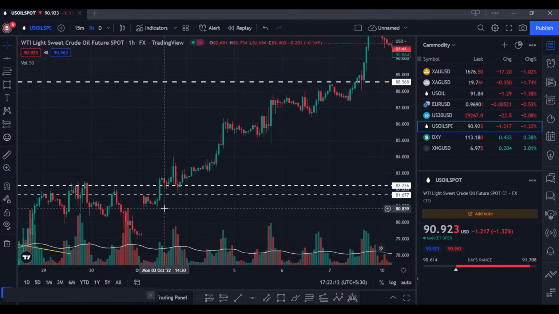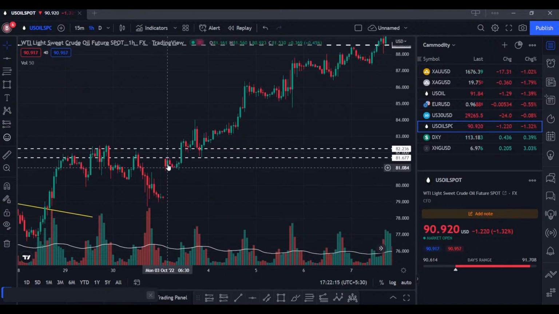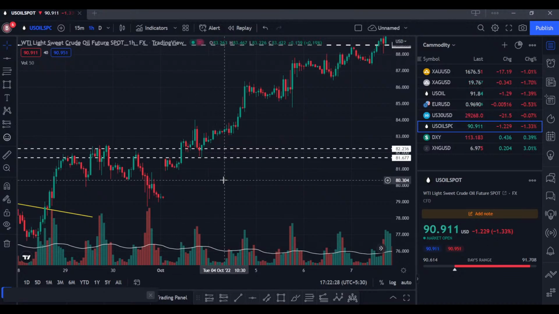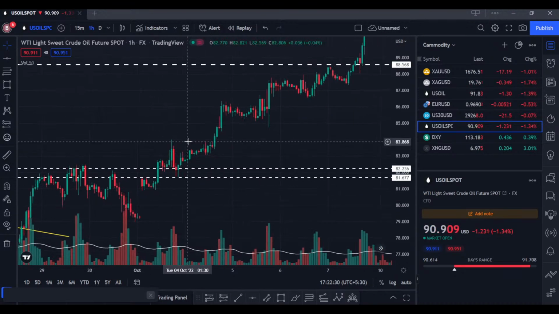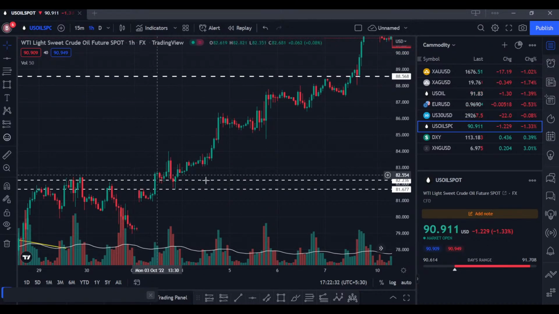So if anybody takes a trade at that level, they will surely lose their money due to the resistance zone. It was a resistance zone, but it hit the SLs, and after that it broke that level. Here you can see at that level it worked as a demand zone, and gave a very amazing